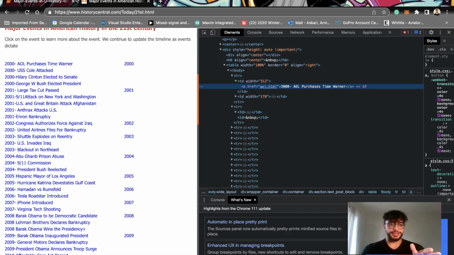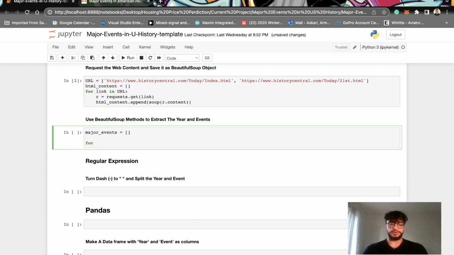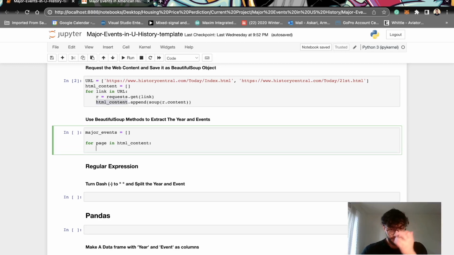So what are we going to do here? I'm just going to do something like major events, and I want to make this a list, and then I'm going to loop. So for page and HTML content, remember we have two different pages. We are going to first find the history table, or we can just say a table, not a history table. Table equals page,